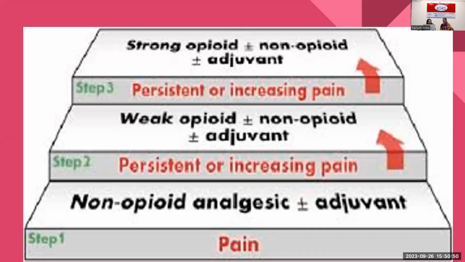Normally we go from step 1 to step 2, but the exception is when someone comes in with severe pain, a pain score of 10 by 10. At that time you can't say that I will start slowly and see them. You want to ease their pain. So the exceptional rule which is allowed is, if you see someone in step 3, like severe pain, you can start with step 3. That is the main thing to be known about this WHO ladder, and we will see in detail about the drugs as we go.